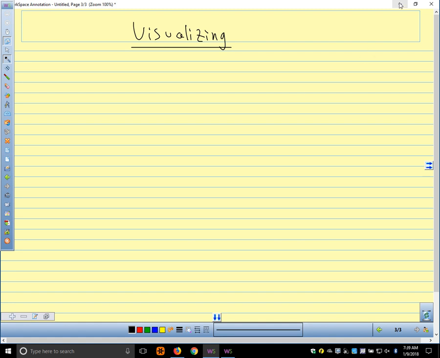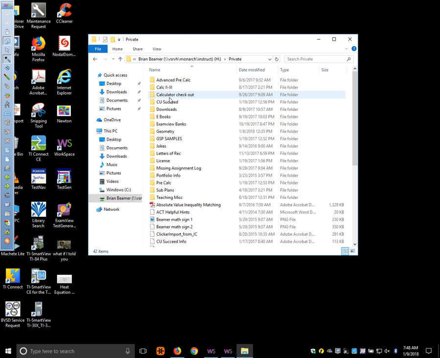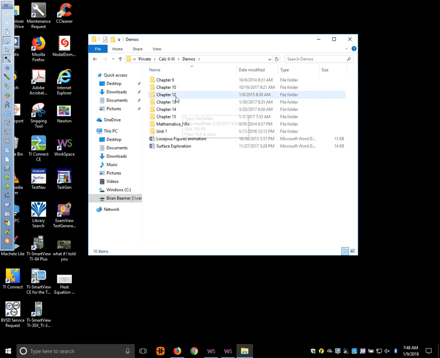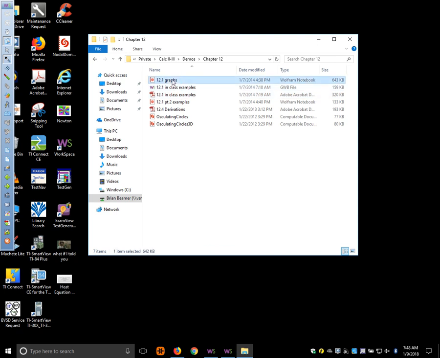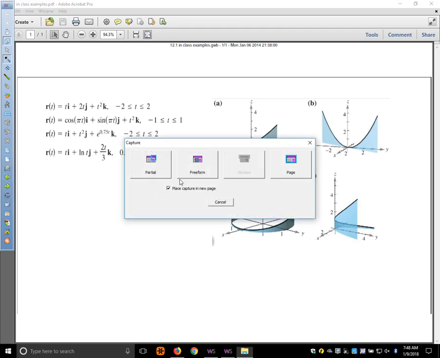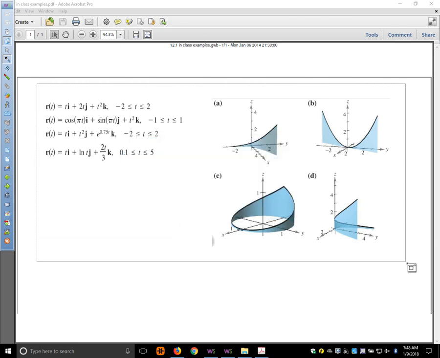So let me grab a couple of things here. I want to grab some pictures, and I want to start up Mathematica. So there are my pictures. What we want to do for these pictures is match the vector valued function to